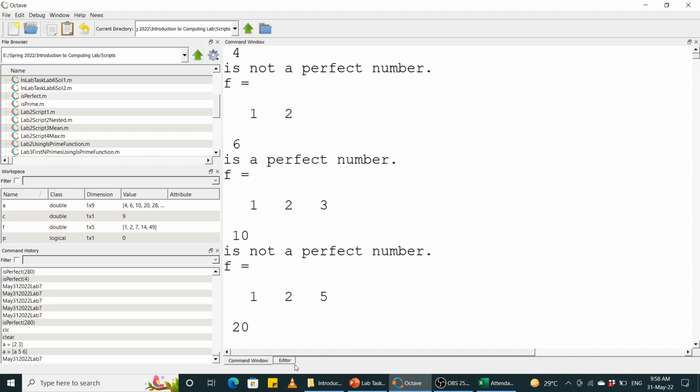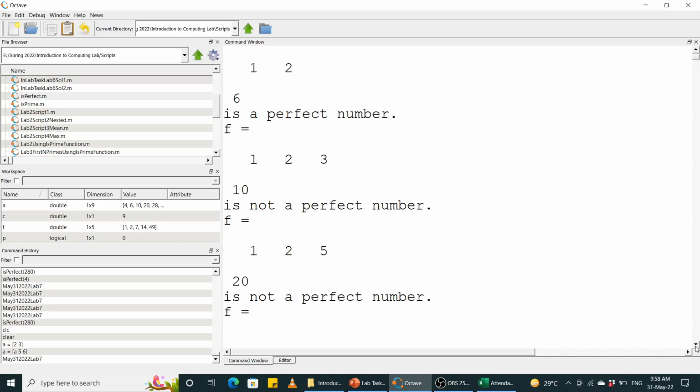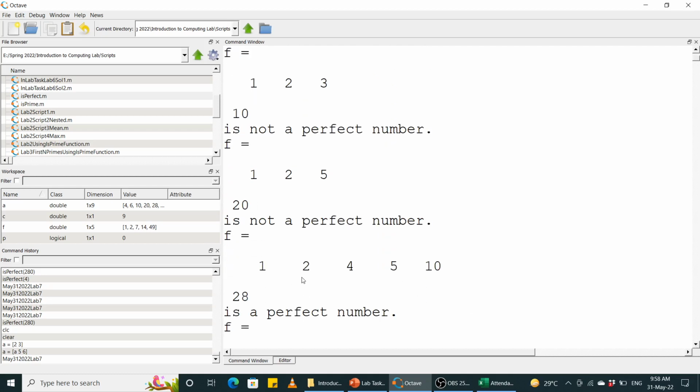हाँ, अच्छा, हमने 4, 6, 10, 20 को कॉल किया था। 4 इज नॉट अ परफेक्ट नंबर, ठीक है। 4 के प्रॉपर फैक्टर्स ये हैं 1, 2, इनको आप अगर ऐड करें तो 3 बनता है। तो 3 इज नॉट इक्वल टू 4, दैट इज वाई इट इज नॉट अ परफेक्ट नंबर। 6 इज अ परफेक्ट नंबर, ये उसके प्रॉपर फैक्टर्स हैं 1, 2, 3। 10 इज नॉट अ परफेक्ट नंबर, ये उसके फैक्टर्स हैं 1, 2, 5, ठीक है।